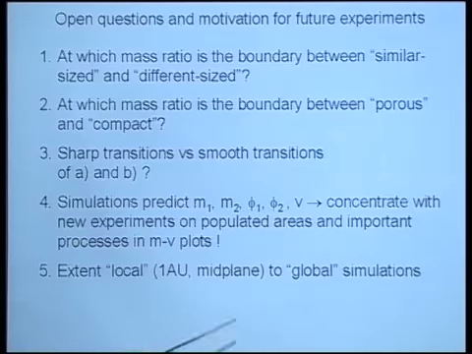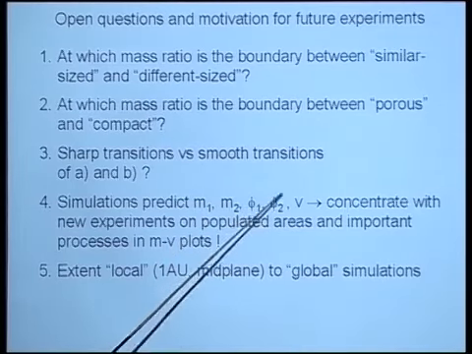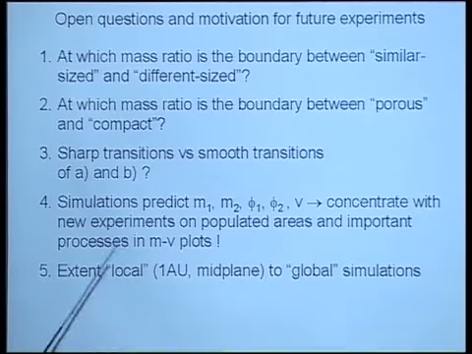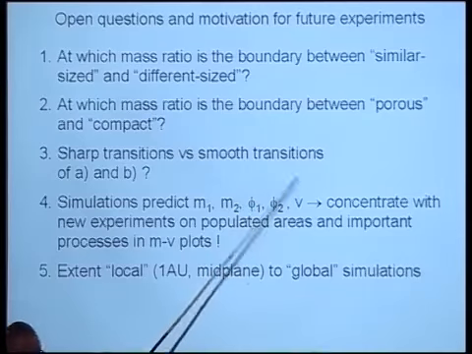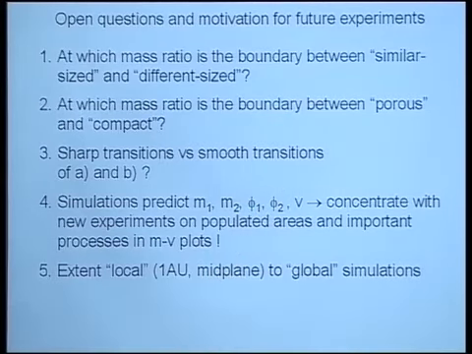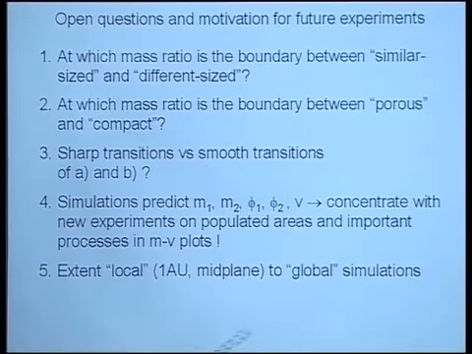The good thing is that the results of the Monte Carlo simulations show us unambiguously from these simulations at which mass of projectile and target, at which porosities of projectile and target, at which velocities things are happening. So we can go to the lab and make an experiment with M1, M2, Phi1, Phi2, and V. And if it turns out to be different to what we had interpolated from our previous experiments, then we have to rerun the model, of course, and do a new experiment. So it's a cycle as in the model of Stuart Weidenschilling also. And we do have to extend, of course, our local simulation to more a global one.